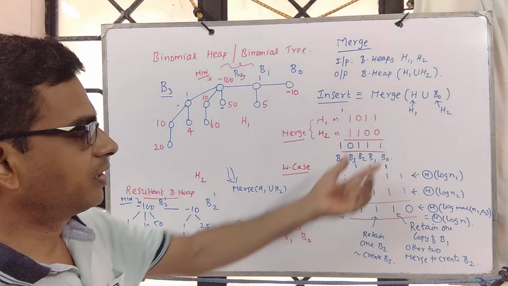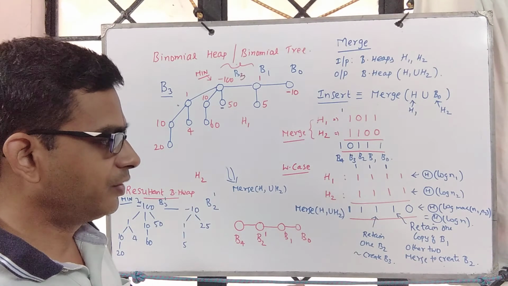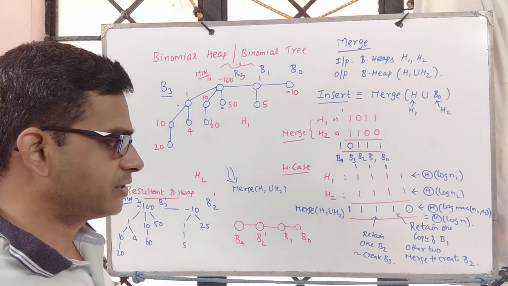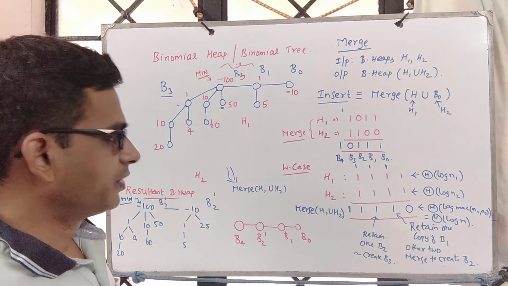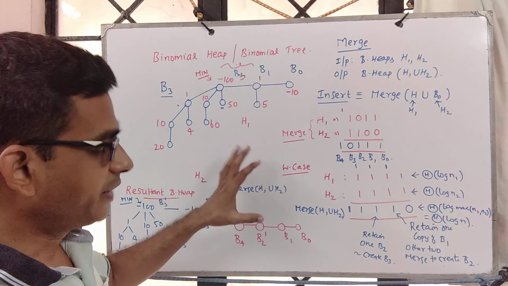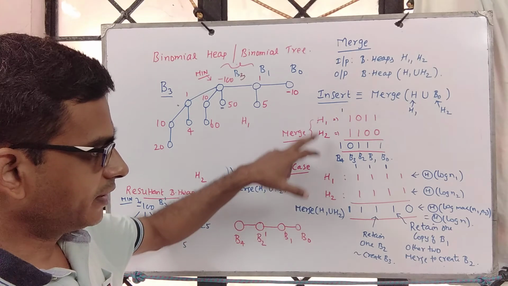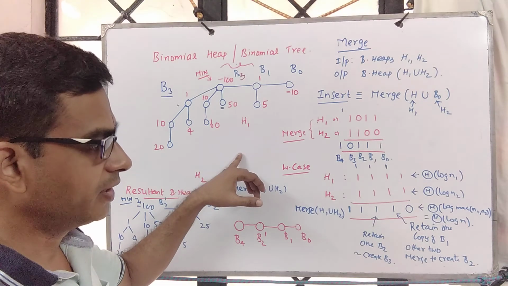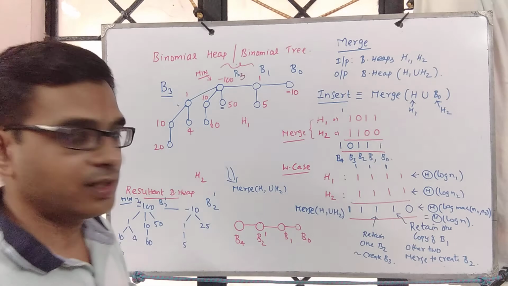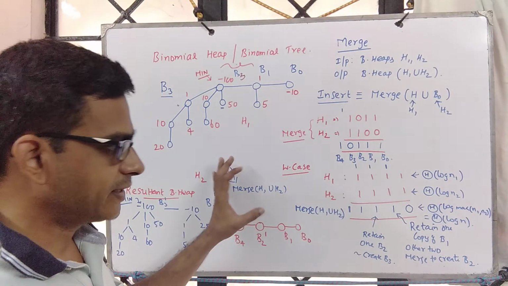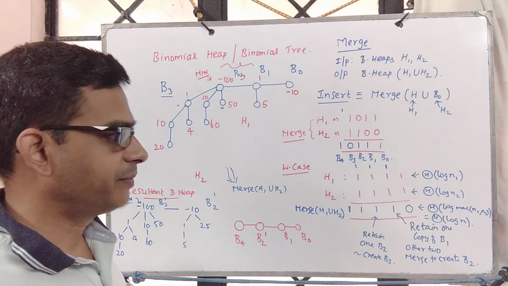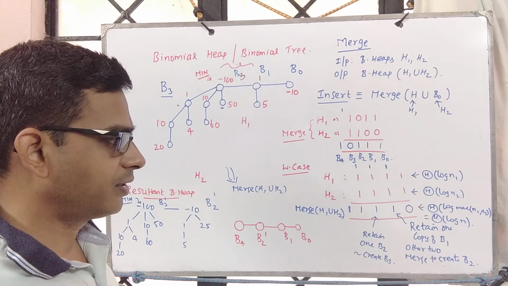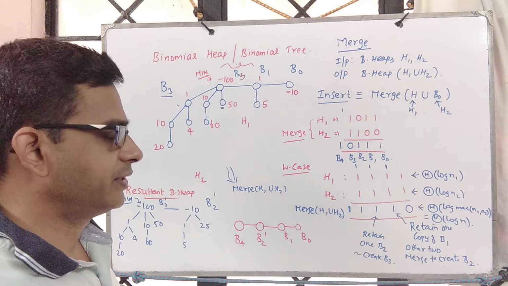Correct? So something like you are inserting B0 and no B0 is present, operation is done. Just perform one insert or one merge, the operation is done. The beauty over here is you can merge two data structures satisfying same property. In this case it is binomial heap property, and in order log n time. So this is the first data structure where you get to see merge can be done efficiently. And for other data structures, for example classical heap, we don't get to see this.